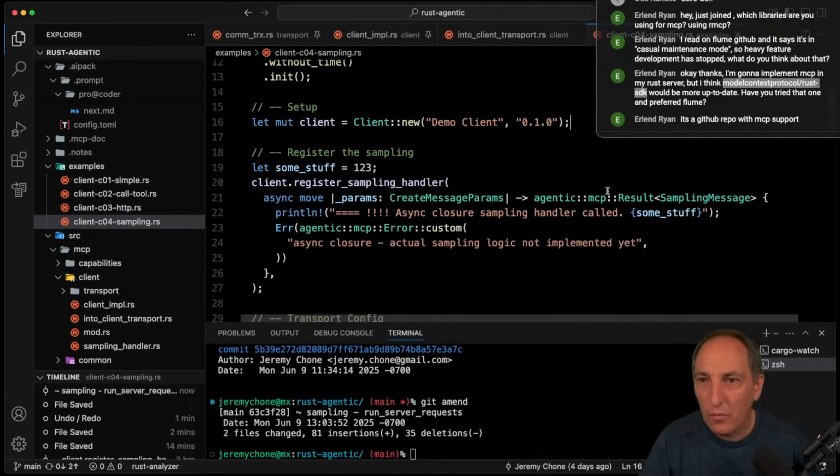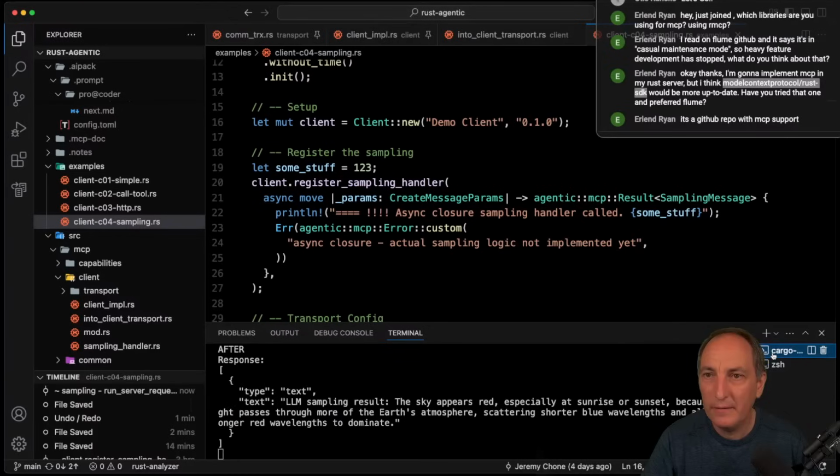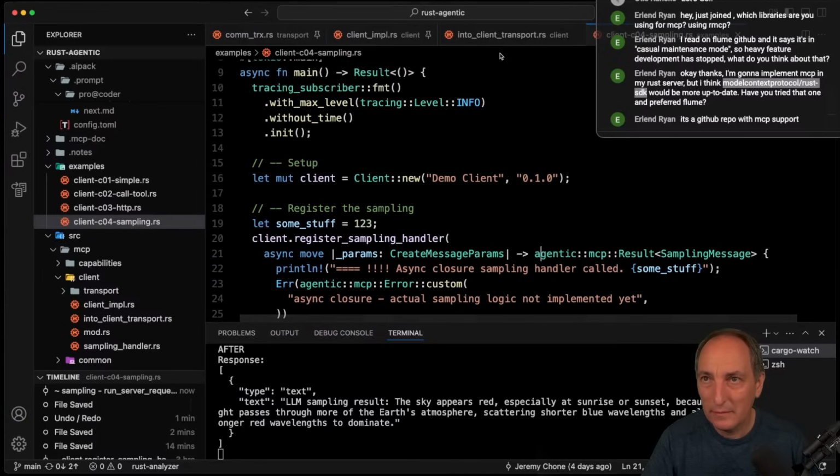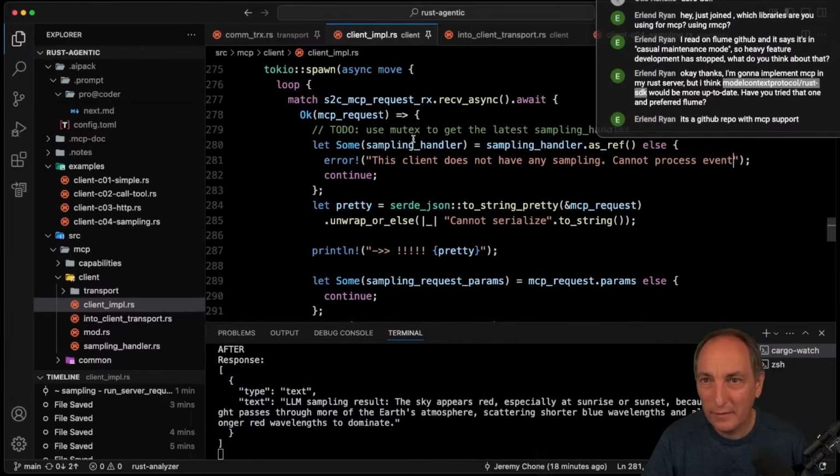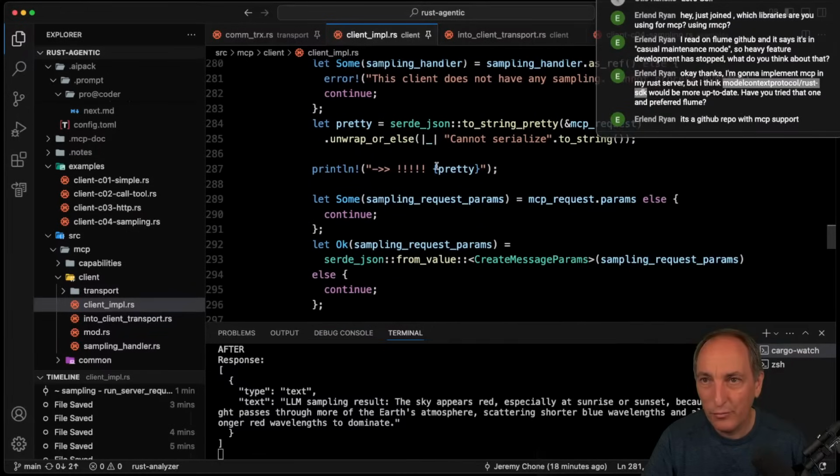So the thing here that I'm going to do now is, I have the async here. We have the before, it doesn't complain. We did the commit, and so now we're going to fix that guy. Can go back to the client implementation. Oh, we're not calling yet. Yeah, so we're doing this pretty